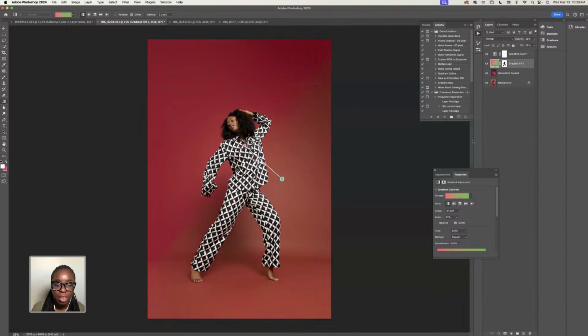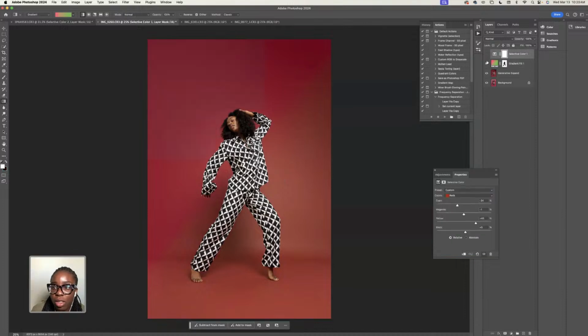Yeah, I really like the way that looks. And then of course I would clean up the portrait and whatnot. But again, this is the before, that's with the gradient, and that is with some selective color on there. And then if I wanted to come in and continue to do some color grading, as I always do, I